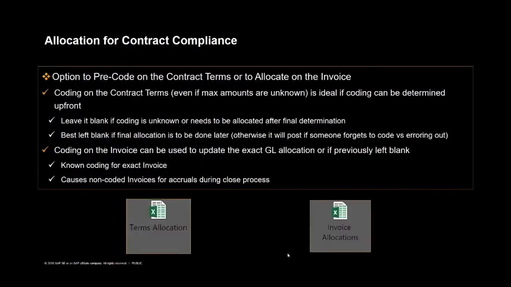So accounting allocation for contract compliance can be done through that import, and it can also be done on the invoice. And so attached is an example of each, where you can basically import your coding for the contract terms, and easily upload that data in bulk through the tool. Also attached is where you do it on the invoices, just as good examples, because a lot of people run